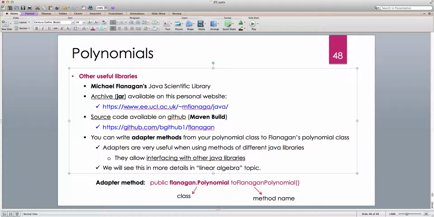personal website, www.ee.ucl, University College London.ac.uk/m Flanagan/Java. And there is a source code also available on GitHub. I think it's not the complete Java archive, it's just most of the libraries, not all of the classes. And actually I'm not sure if it's a Maven build or not, but anyways, you can find the source code for most of the classes on this GitHub address,